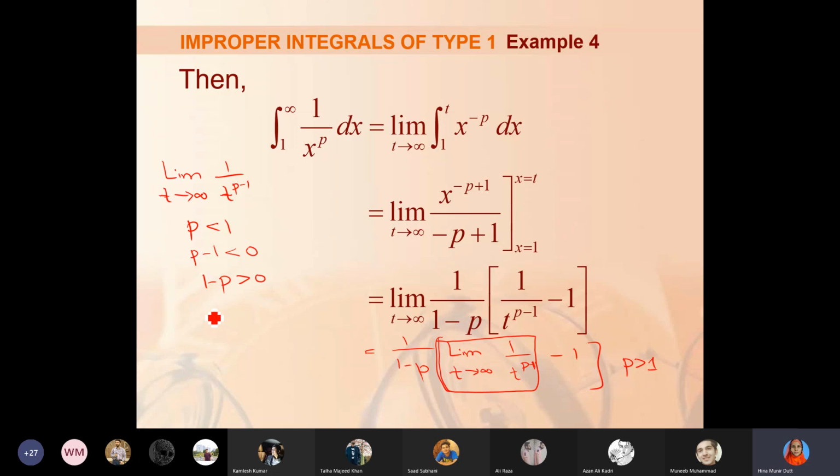It means t power 1 minus p approaches to infinity, यानी ये चीज आपके पास, और 1 over t power p minus 1 भी infinity को अप्रोच कर रही है।